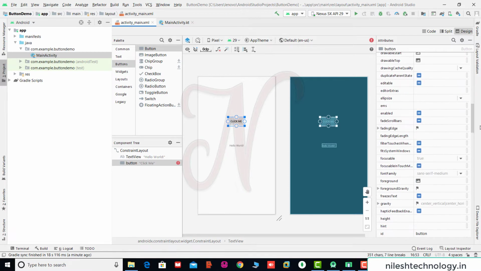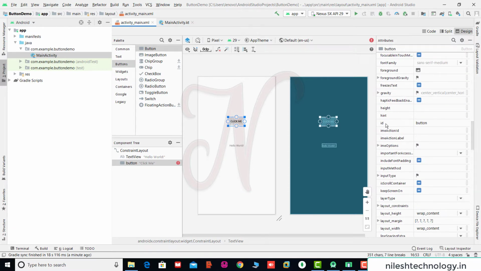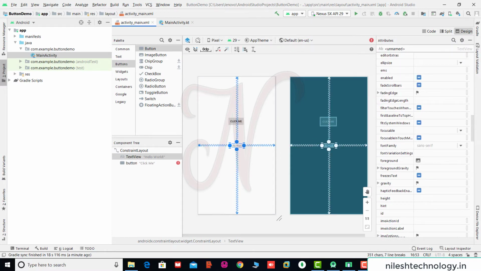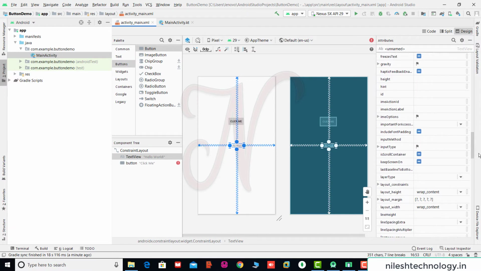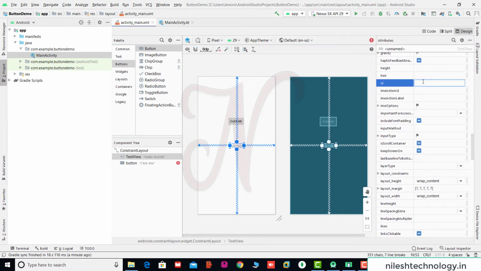The ID is button. Similarly, this is your text Hello World, and the ID of this text view is text view.